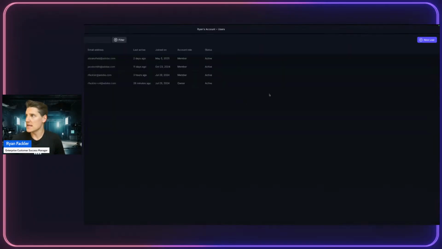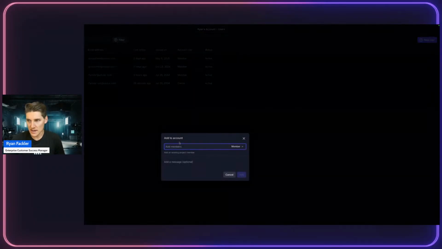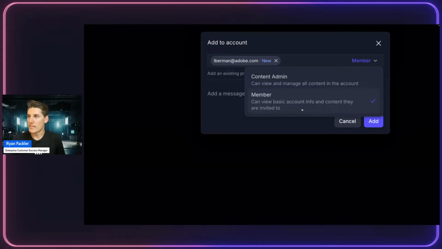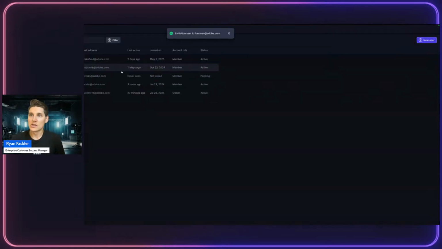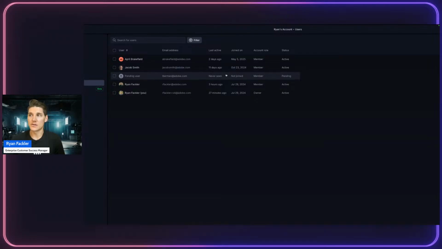So let's say I want to invite in my colleague Luke. I could then determine, do I want Luke to be either a content admin or a member? Let's keep Luke as a member for now. I could even send an email and a message and click add. You'll see then that Luke is listed here as a pending user and has the last active